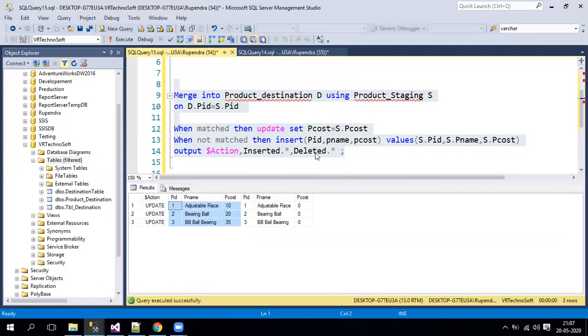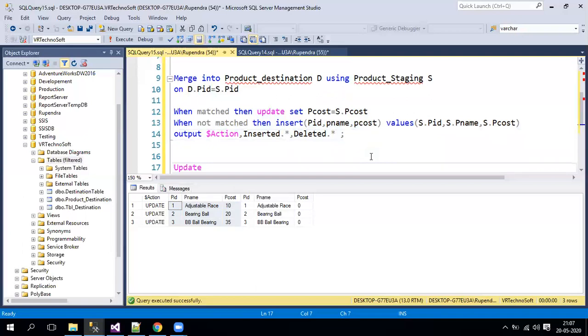So whenever you are performing an update, it will delete the old record. What is the old record? We have the same product name, product ID, product cost, but the cost is 0. This is the old record, correct? So the deleted data is there in the deleted magic table, and from there it has been retrieved.